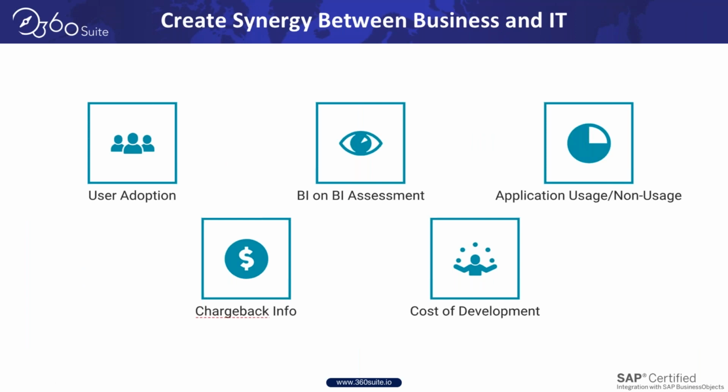It's something that is always there, right? Because IT has a set of goals and things that they're trying to achieve from supporting the business. And then the business, of course, has the goals of doing business. And so how do we align those to get better at giving the business information when they need, how they need it? Of course, it digs into a lot around BI on BI, providing metrics to both executives, end users,